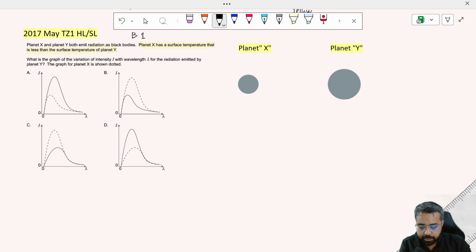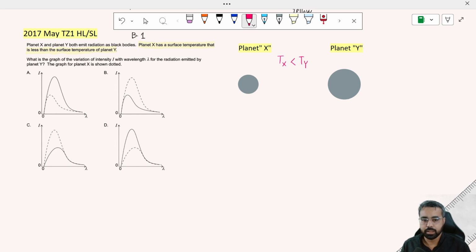So if its temperature is less, and the graph for planet X is shown dotted, right? You see that in all of the options, the dotted graph represents planet X. So we have to select which one of them is the right answer. Okay, so if the temperature of X is less than the temperature of Y,